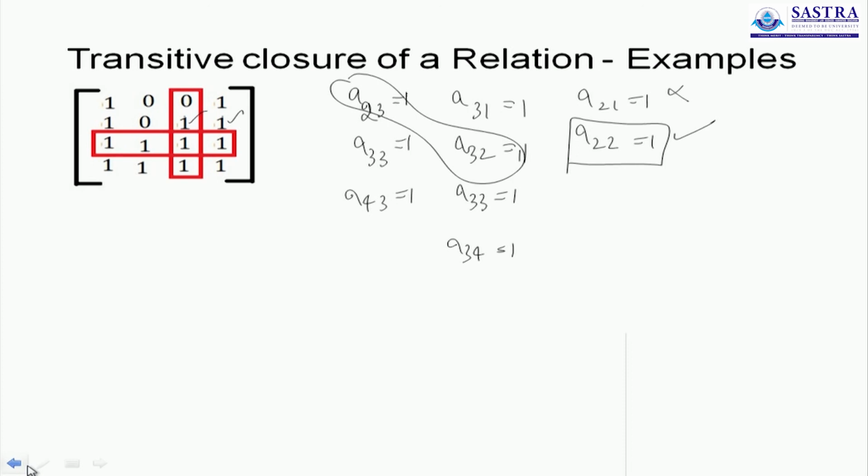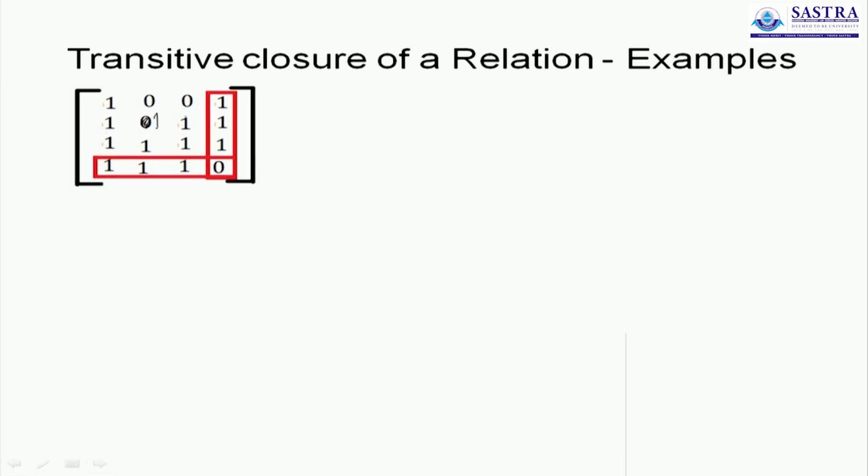A23 is a 1 and A32 is a 1, which will mean this entry is actually a 1. And you also had the 4th row and 4th column. Now comparing the 4th row and 4th column, you will see that A14 is a 1 and A42 is a 1, therefore A12 is a 1. A14 is a 1 and A43 is a 1, which will mean that A13 is also a 1. Those are the only zeros that you have changed to 1s.